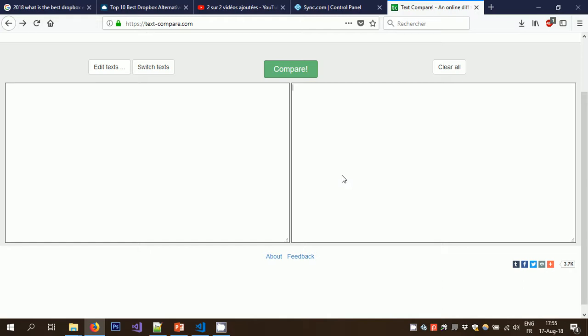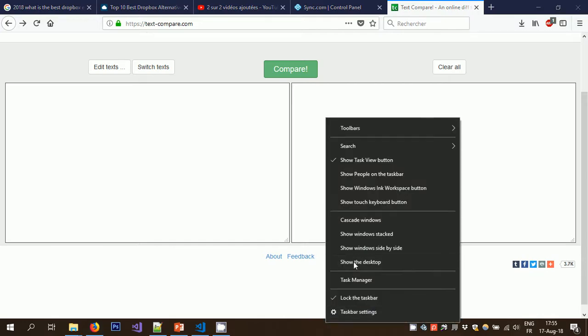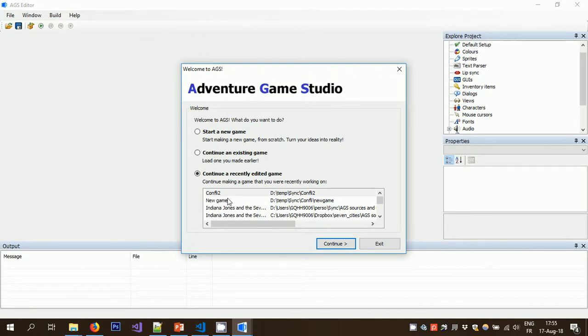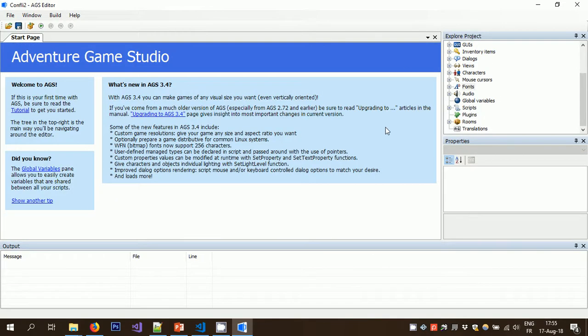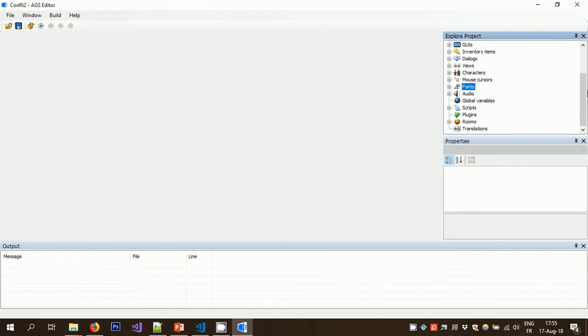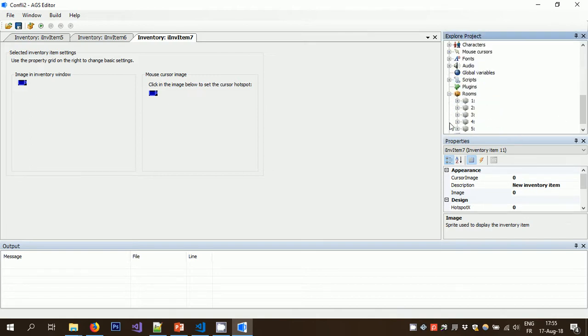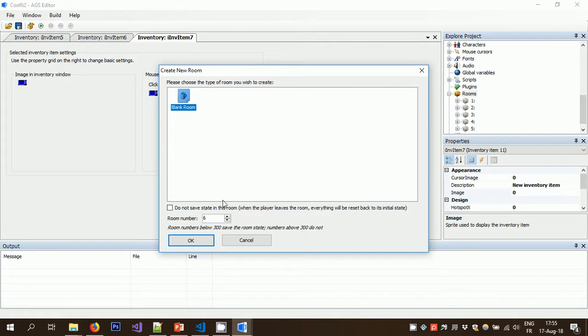And finally, how to avoid conflicts. Well, you have very limited options regarding this, but what you can do is decide that one team member is in charge of adding resources to the game. So if this is my game, what I do, for example, is create lots of items in advance. It doesn't matter if they have generic names, it doesn't matter if they don't have graphics. I do the same for rooms. I create lots of new rooms in advance,